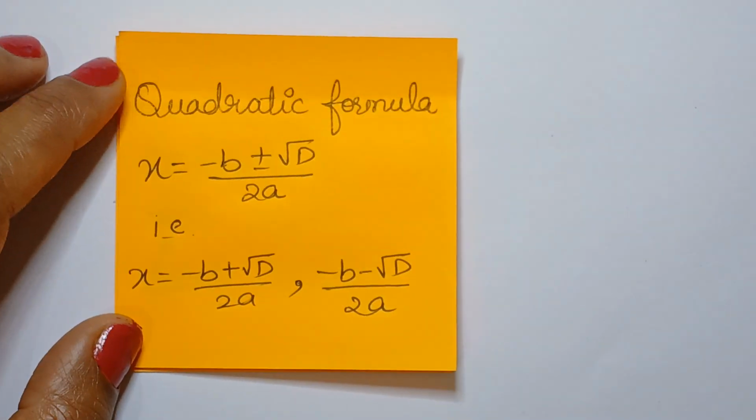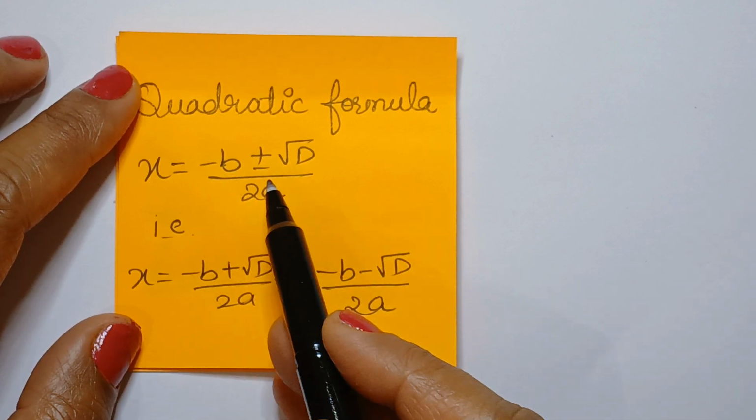And what we have learned next is the quadratic formula. What is the quadratic formula? Minus b plus minus root D by